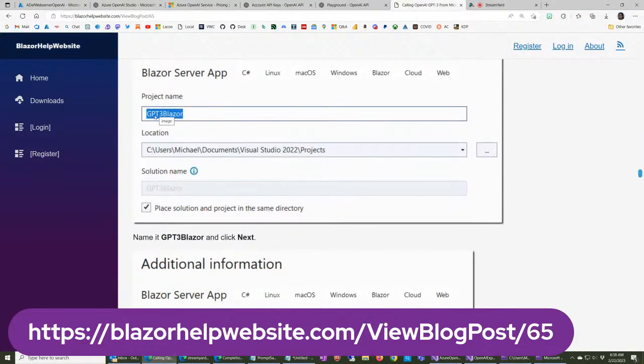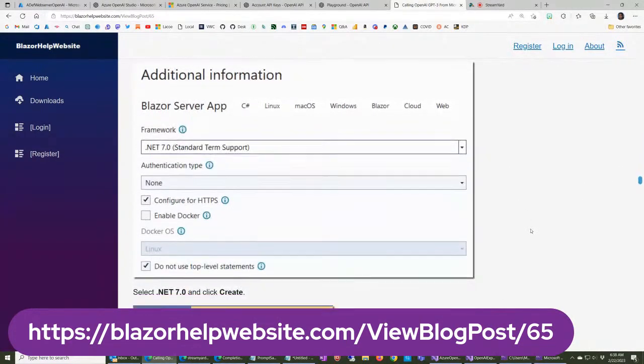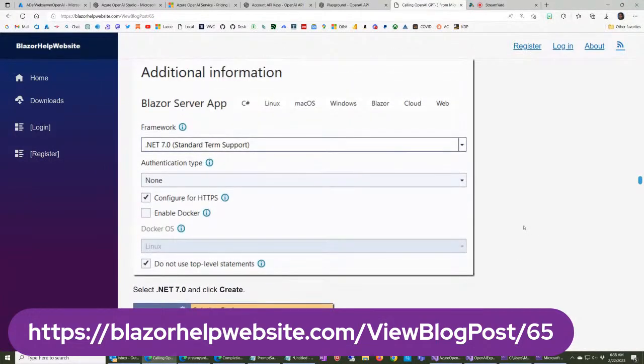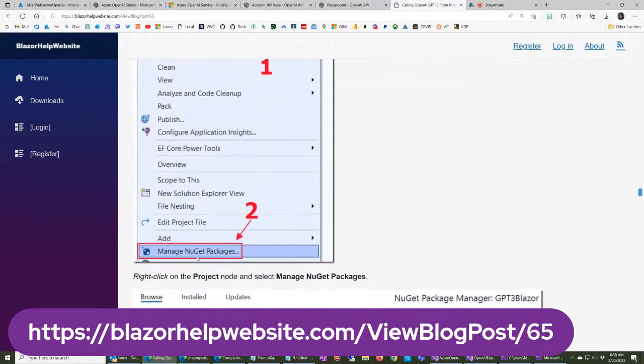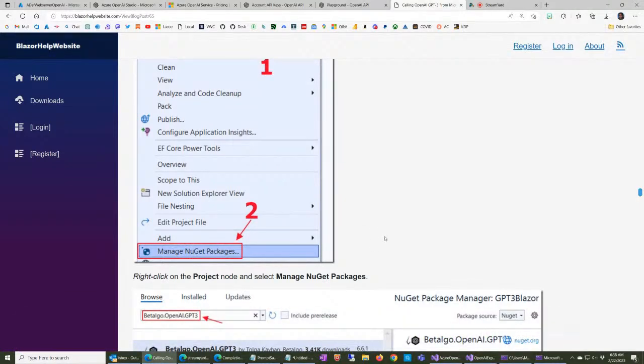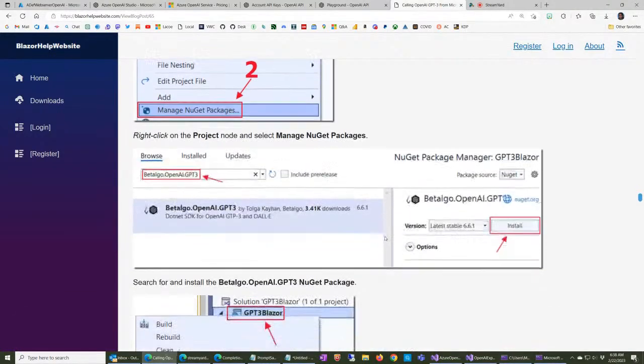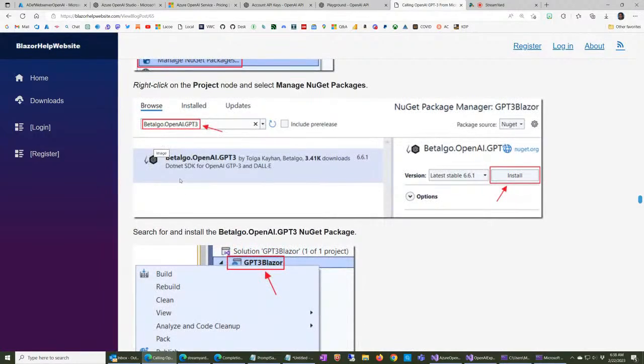In this case, I'll call it GPT-3 Blazor. But again, you could be just a .NET console application. This code will work the same for that. So again, I'm using .NET 7, doesn't matter. Then you grab a NuGet package. There are various NuGet packages you can use, and new ones being created every day. The one that I used in my example was this one,